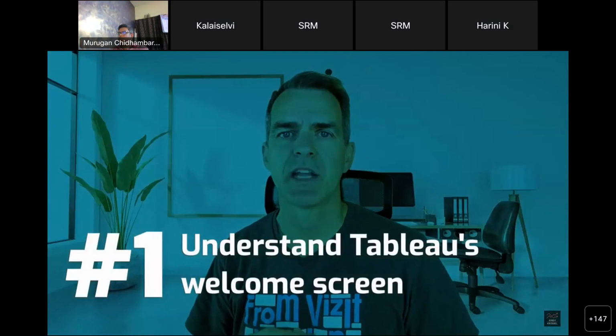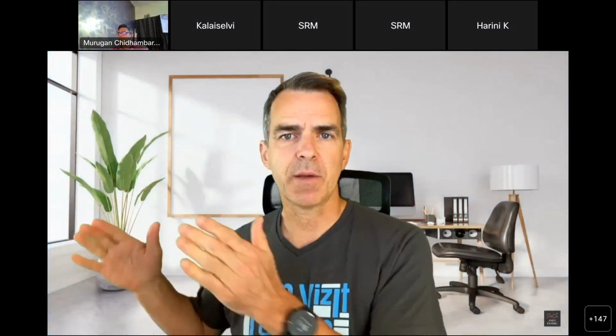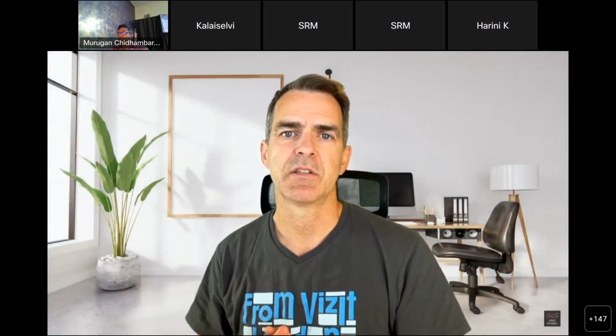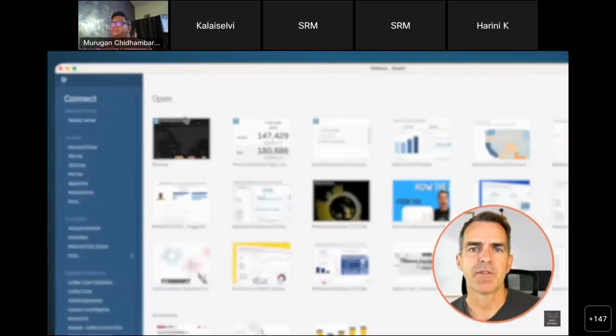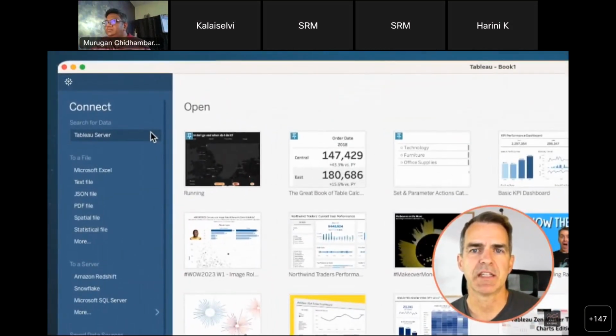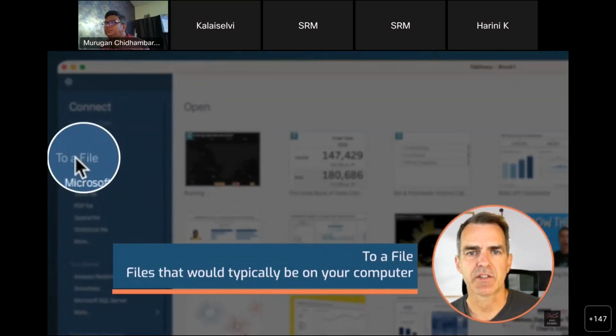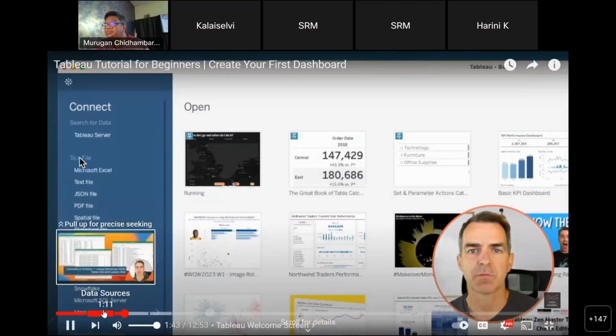Let's start by describing the Tableau welcome screen. It's broken up into 3 clear sections. On the left-hand side, we have all of the different methods that we can connect to data. The To a File section represents files that would typically be on your computer, things like an Excel spreadsheet or